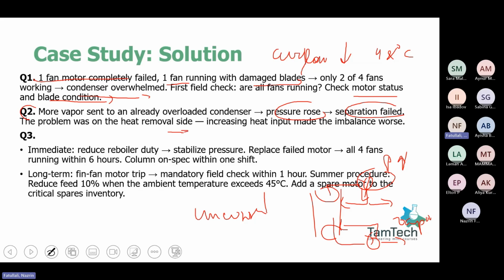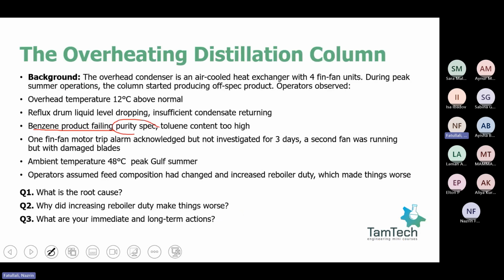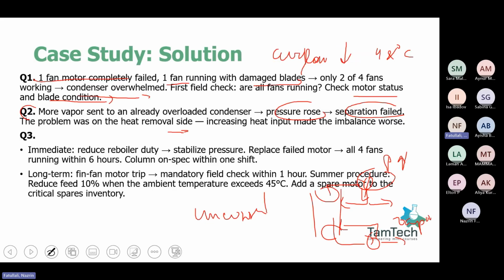Also, the problem was on the removal side. You never fix a removal problem by adding more input. If you add a little bit more reboiler duty, it means that you add more input. But we need to address just the removal side. We need to decrease reboiler duty rather than increasing reboiler duty. And coming to immediate and long-term actions. First immediate action, as you said, is reducing reboiler duty instead of increasing, because we need